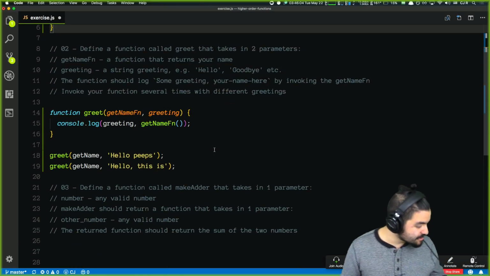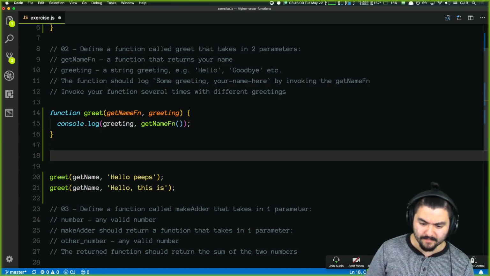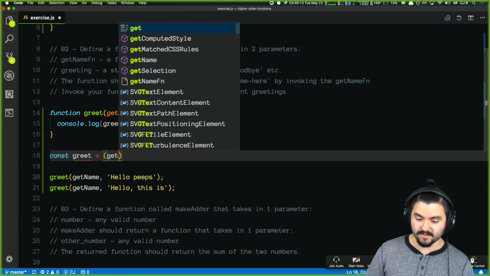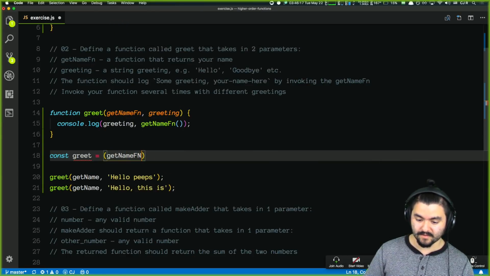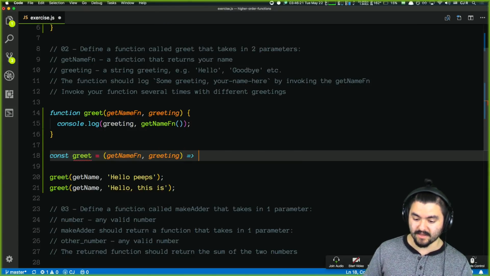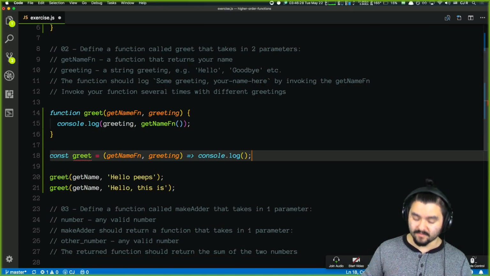I do want to show what Amazon did in the chat. So what he did was, or she, sorry, defined a function called greet. Greet is a function that takes in the get name function and the greeting. And then we can use that single line syntax to do a console log. And instead of passing in multiple parameters, you could use a template string. So you could say